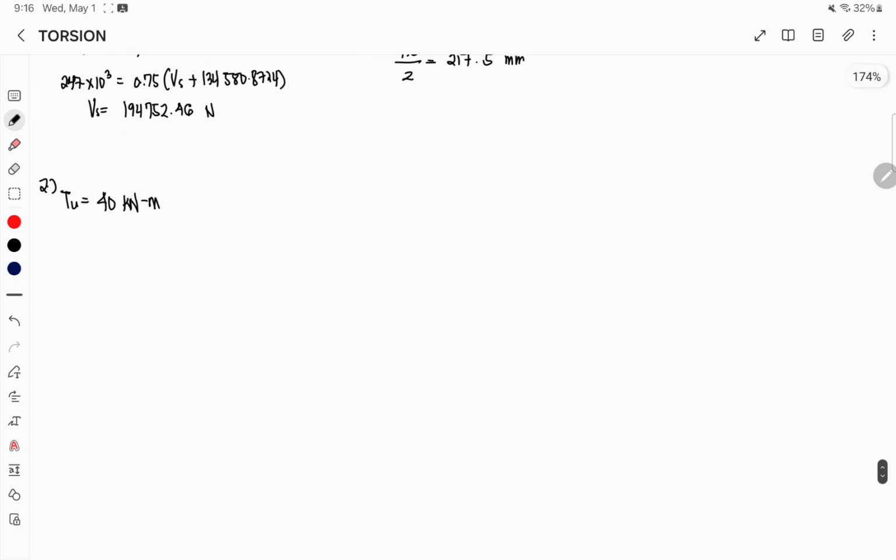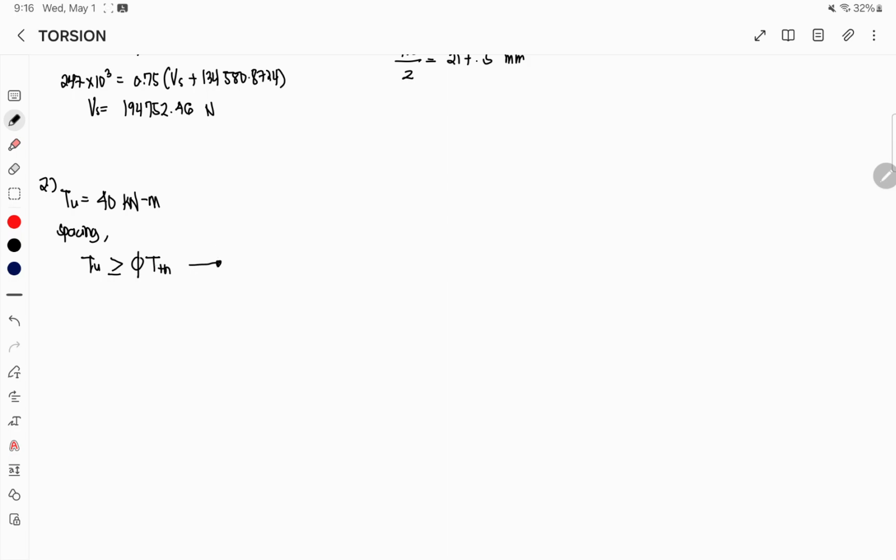So the first step to solve for the spacing of transverse reinforcement in torsion only is to check if the torsional reinforcement is required. If we have this condition, where Tu, the factored torsion, is greater than or equal to phi Tth, or the torsional threshold,